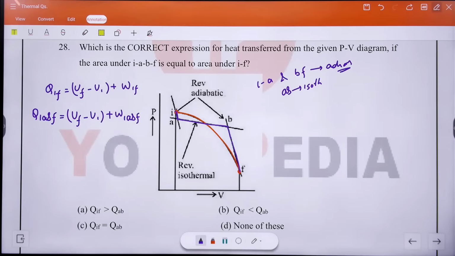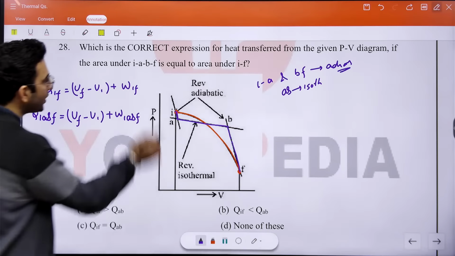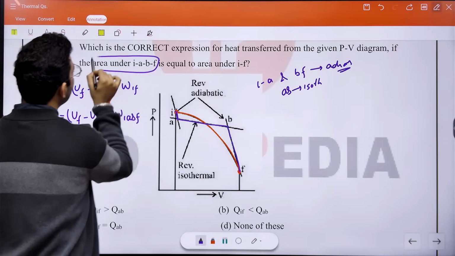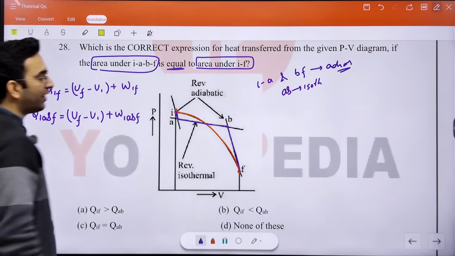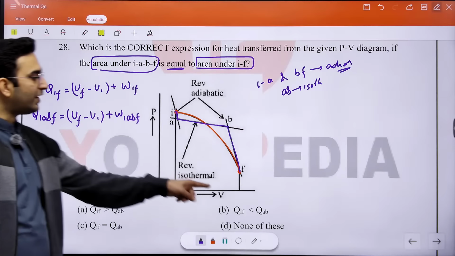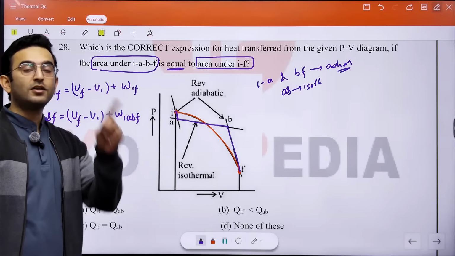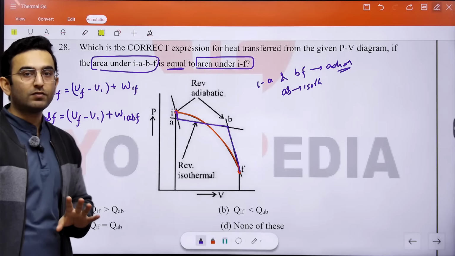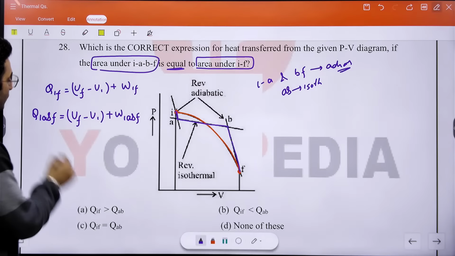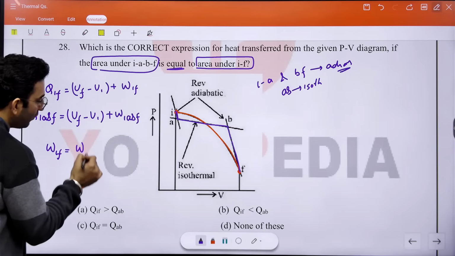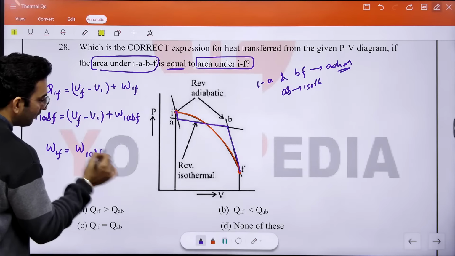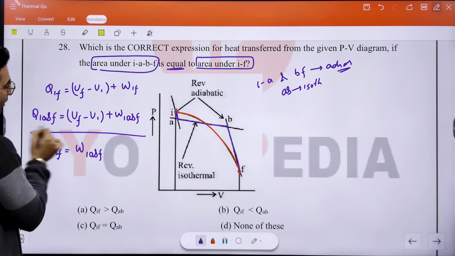In this way you can write. Now you can see in the question itself, area under IABF and area under IF, they are equal, and we are drawing the PV diagram. So I can say area under the PV diagram is representing the work done here. So if the areas are same, correspondingly I can write the WIF is going to be equivalent to WIABF here. Okay, so if I subtract these two equations,